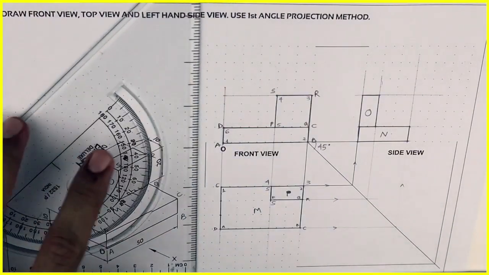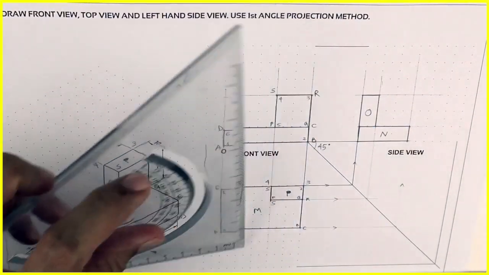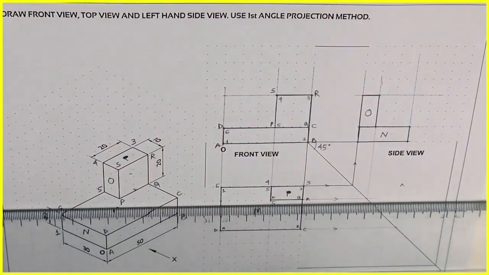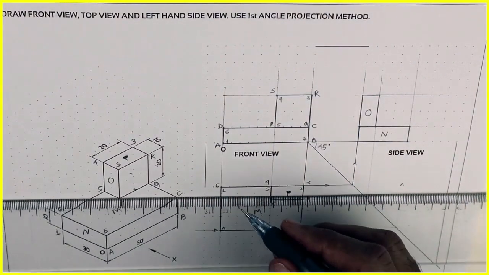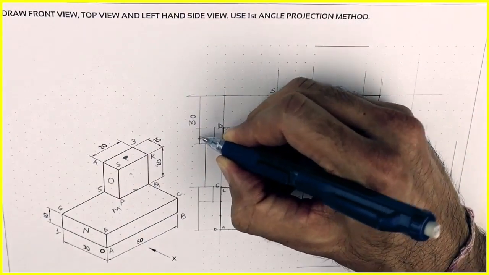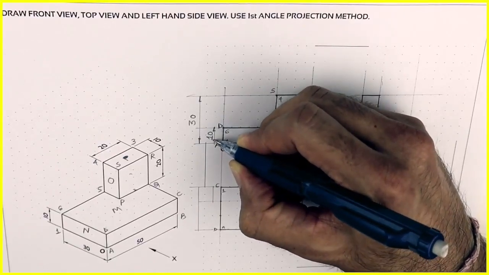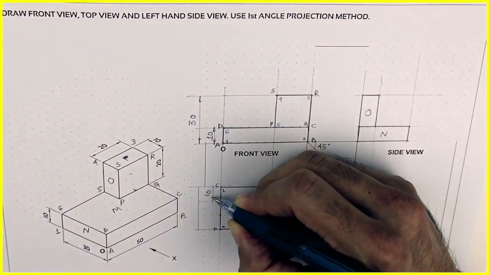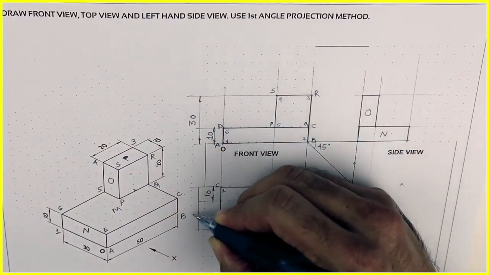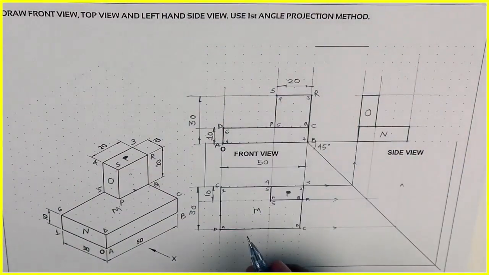Now after this we will do dimensioning and labeling. Labeling is already done, front view, top view and side view. Top view I will write afterwards. See this. Dimensioning we will do. Always remember, smaller dimension will come inside and bigger dimension, in this case 30, which will come outside, 10 will come inside. Yeah, so I've written front view and side view. I need to write top view. Thank you.